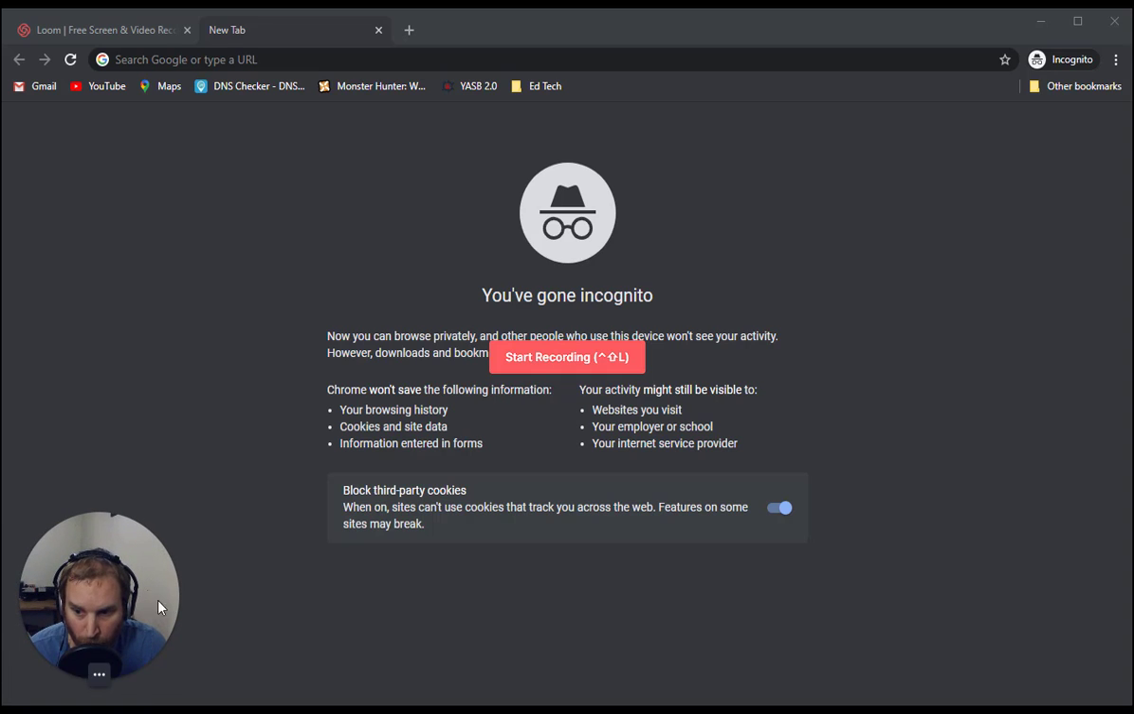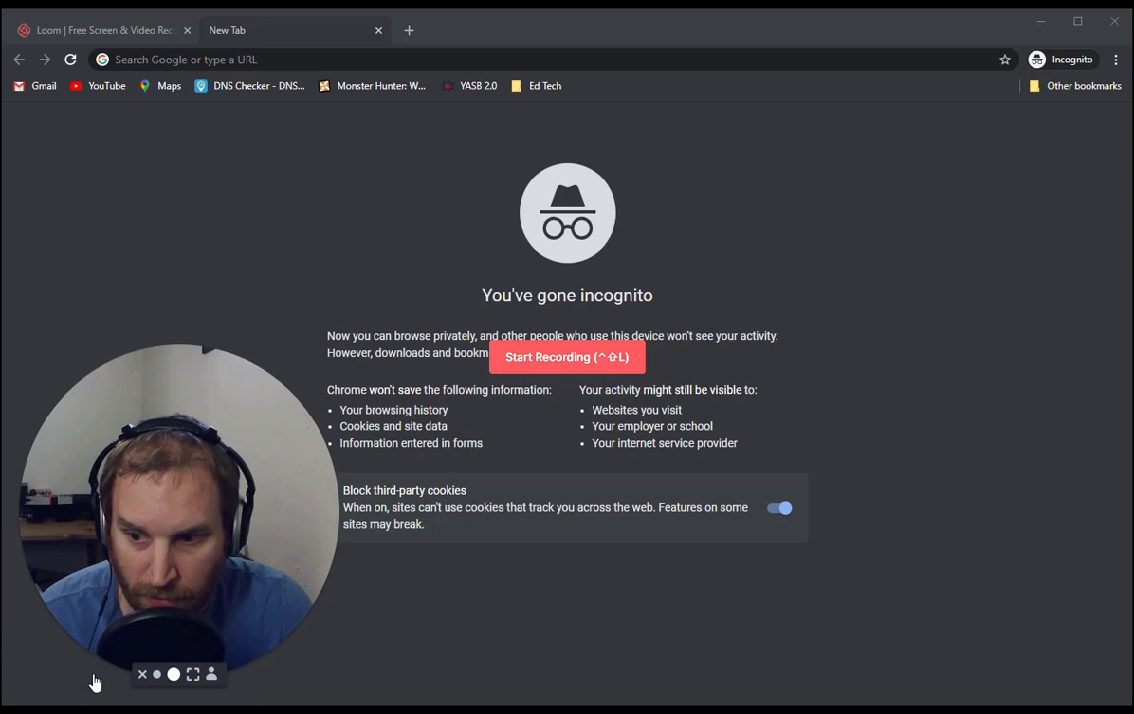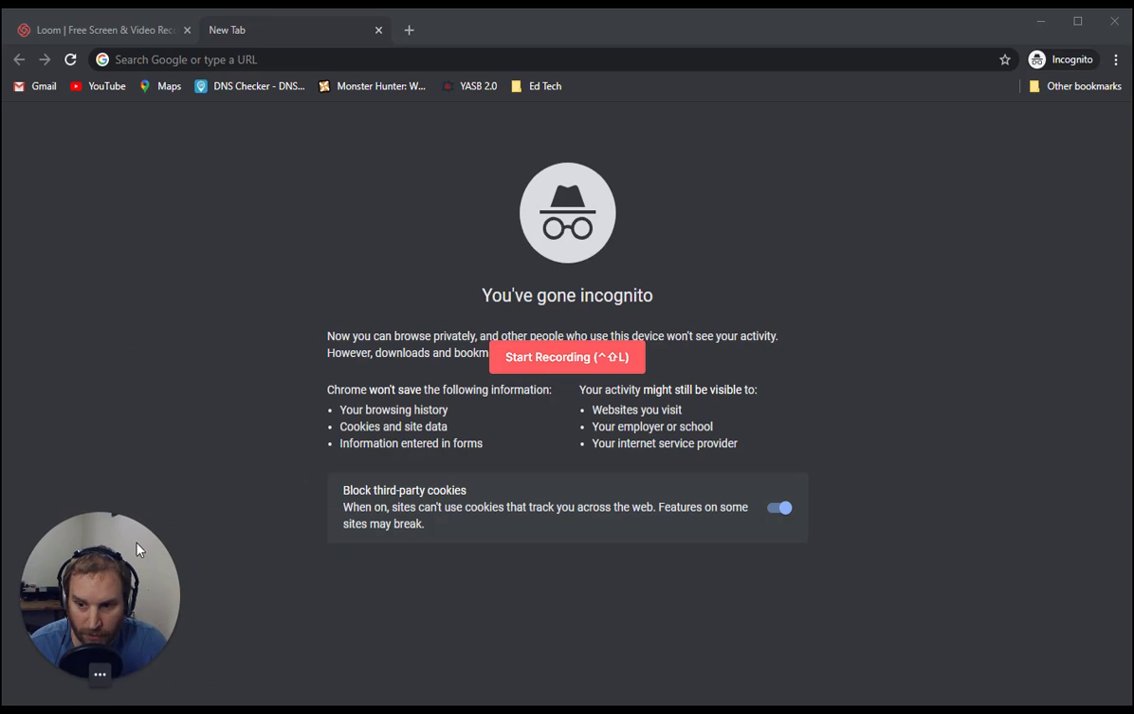Or if you're not comfortable putting yourself on the video, you don't have to do that. You can change the size here. You can go full screen if that's what you want to do. I just like to be little down here in the corner. So then you hit start recording, and you can actually do a shortcut for that. So it'll give you a countdown,